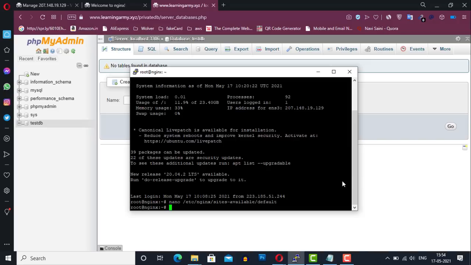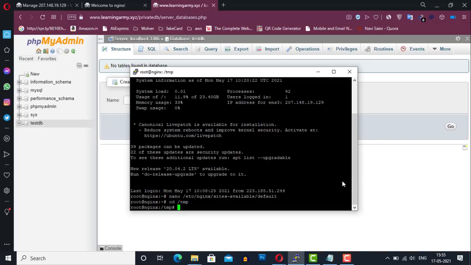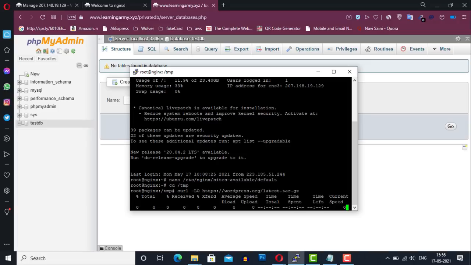So open your temporary directory first, called tmp, using the cd command. Now download the WordPress file using the curl command. You can use the wget command as well to download the WordPress file. So anyway, just press enter key to download.